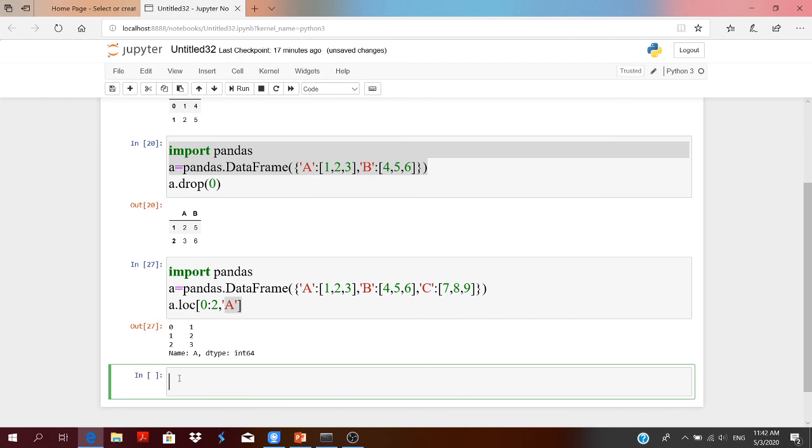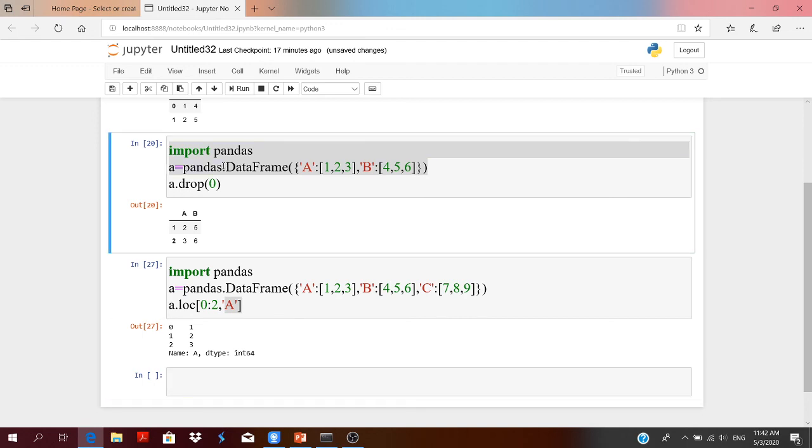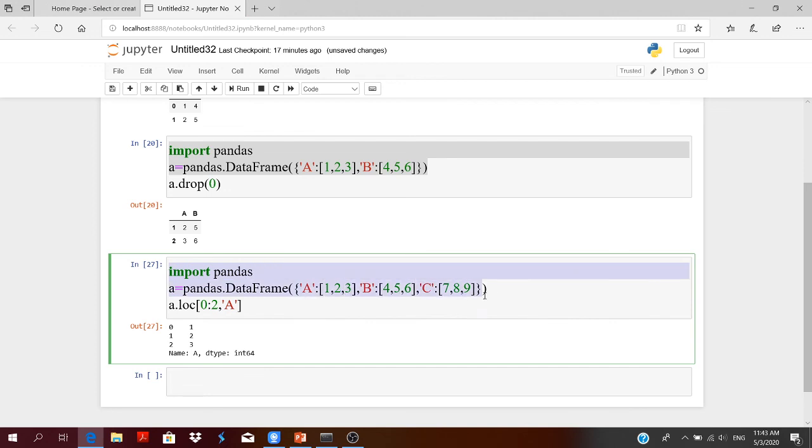At last you can apply binary operations also on data frames. For applying binary operations on data frames, you have to first create data frames and then add those data frames. So let us first create a data frame. I am just taking the same example as used previously.